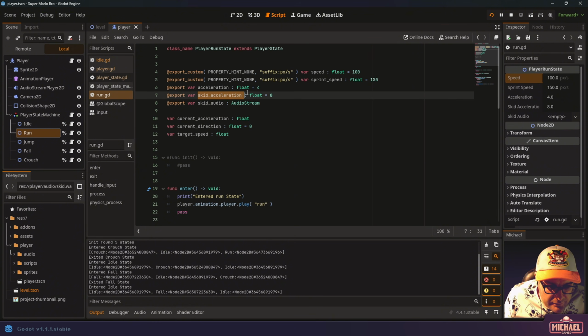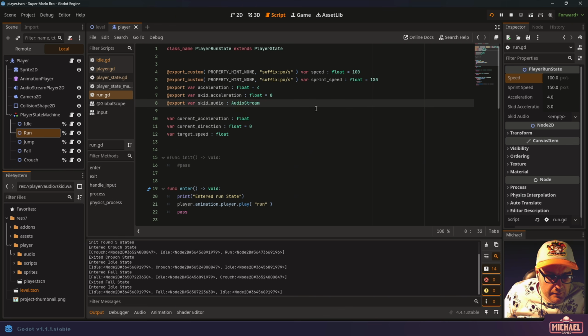Skid acceleration. So when he's skidding, meaning he's turning directions. We want to hook those up because right now we're only using our acceleration value. We also don't really support multiple speeds, even though we kind of indicated that we want to with these values, and we don't have a skid audio. There's just a few things in here, right? We're going to have to tackle these one at a time, but let's look at the acceleration in particular right